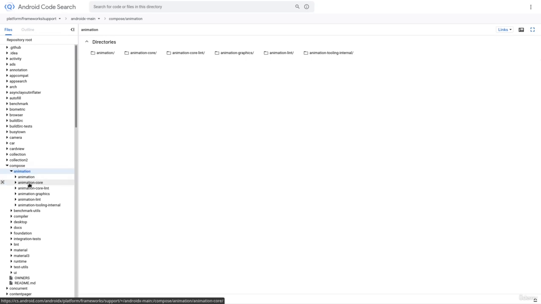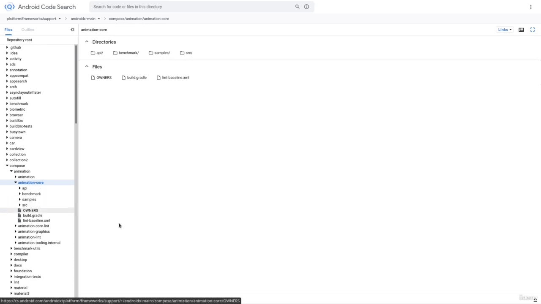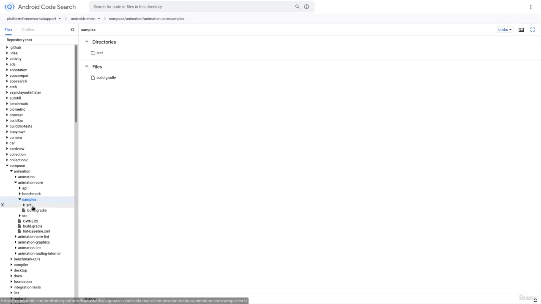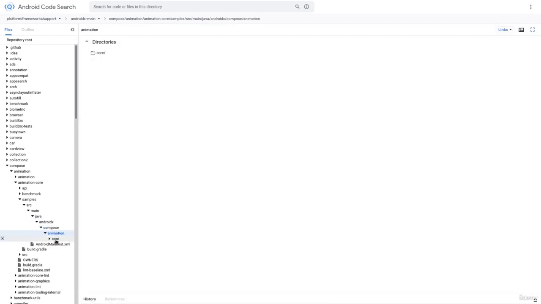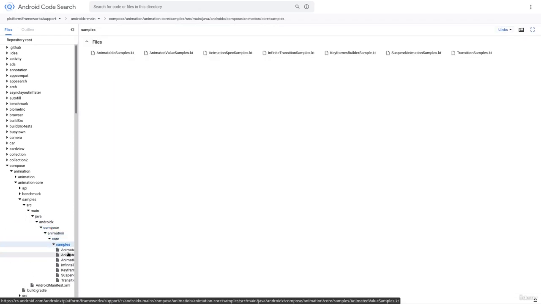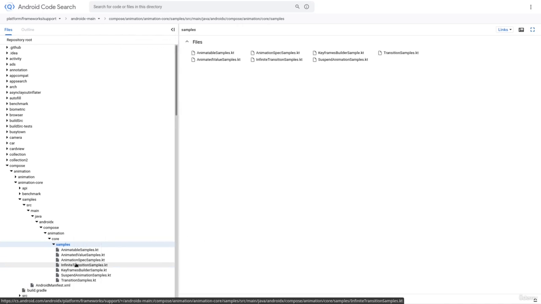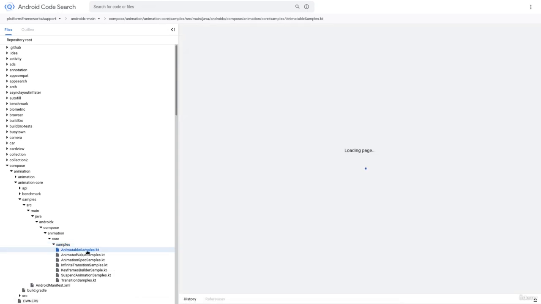I open animation core to see the basic animation examples, and then samples, src, main, java, androidx, compose, animation, core, samples, and then we find several Kotlin files that contain the samples. If you are looking for animatable samples, you can find them in the AnimatableSamples.kt file. So I open this file, for example,